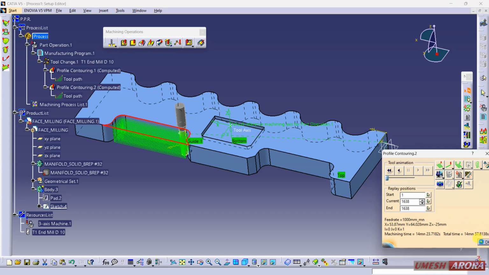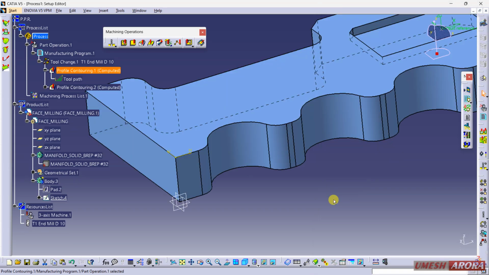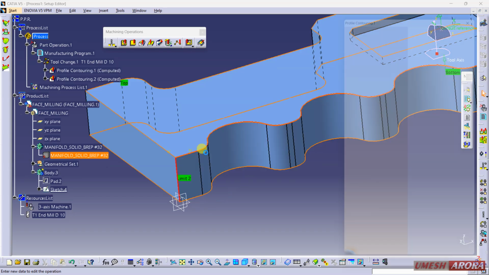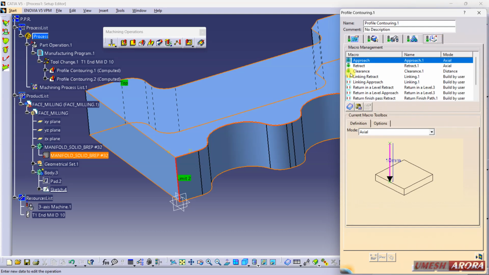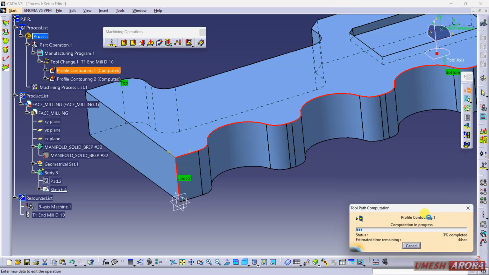Okay, so come to this first one, because the error is coming just because of this first profile contouring. And click here, and approach is 10 retract. So activate it and enter this value 55. So tool will retract from the last point 55 mm. Now calculate, replay.